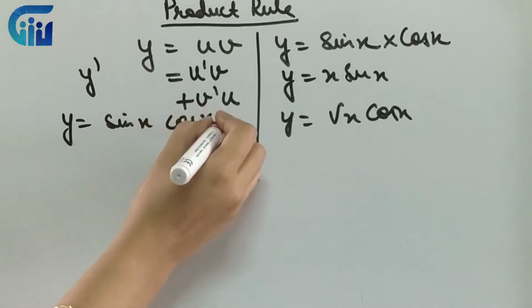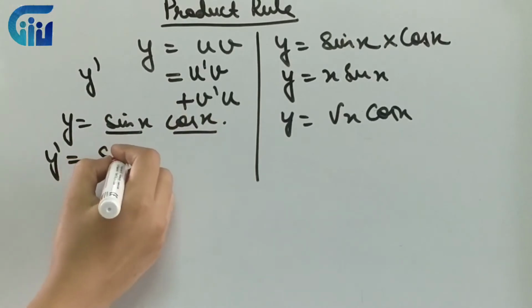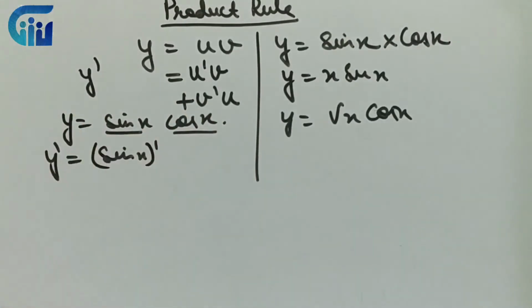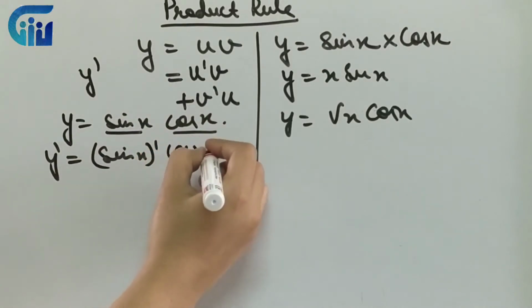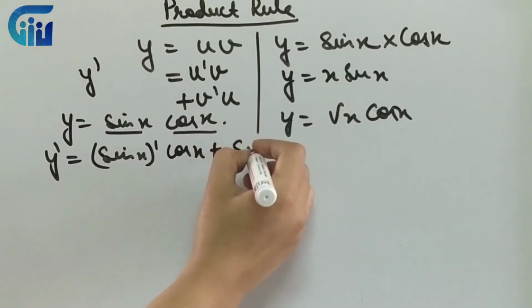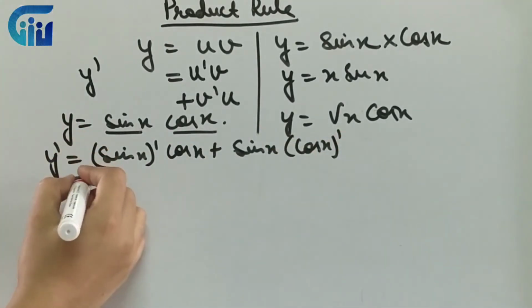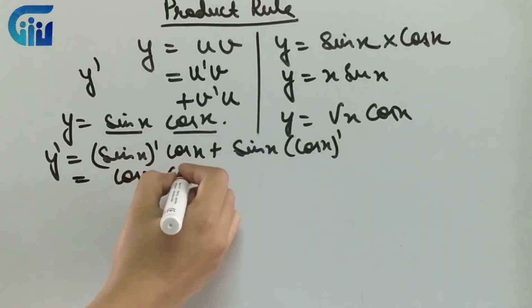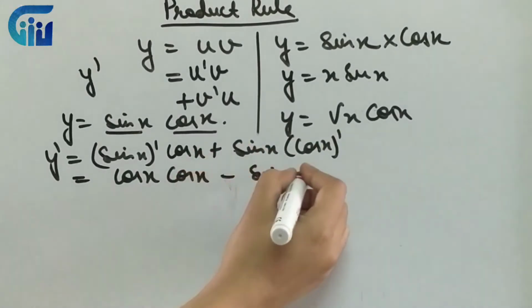So now, if I move on to this question, how will I apply the rule? Sin x into cos x. I'll take this as first and this as second. So I'll write the derivative of this and keep the other as it is. To represent the derivative, when you are doing it the first time, do write it like this, and once you are through and confident, there is no need of writing this step. So the derivative of sin x, then cos x as it is, plus sin x as it is and the derivative of cos x, right?